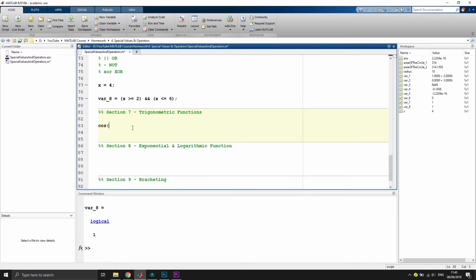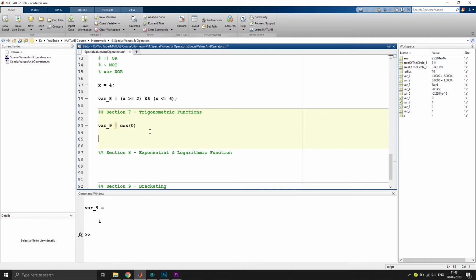Let's say we want to have the cosine of 0, and we want to put this value inside of our variable 9. What does this give us? It's 1. So that's true, you can check that by yourself. var 10, let's say that's the sine of pi,